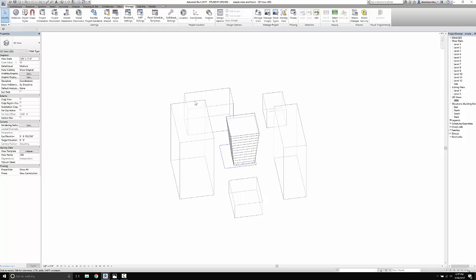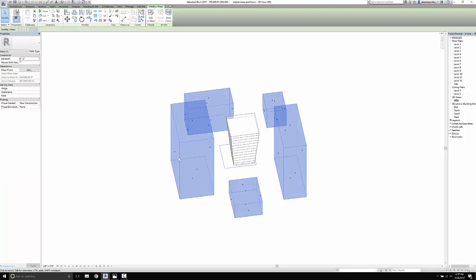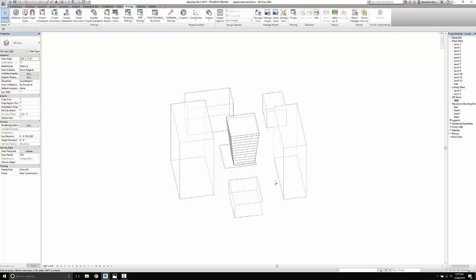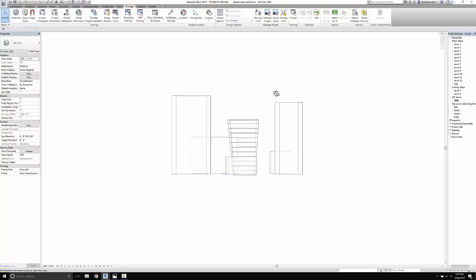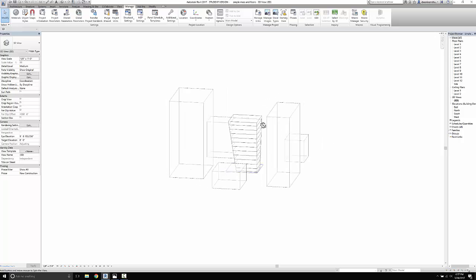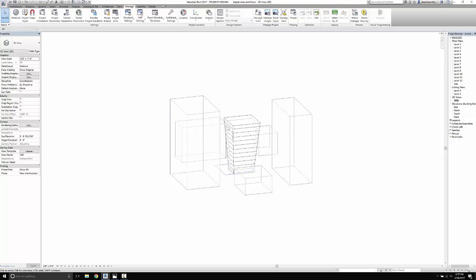You can use your same model. And what I've done is I've put in a series of conceptual masses that are just boxes. The important part here is that you make them so that there are varying heights, that they're not all the same, but that they aren't all taller than the conceptual mass you're building that we're going to actually analyze. So in Dynamo,